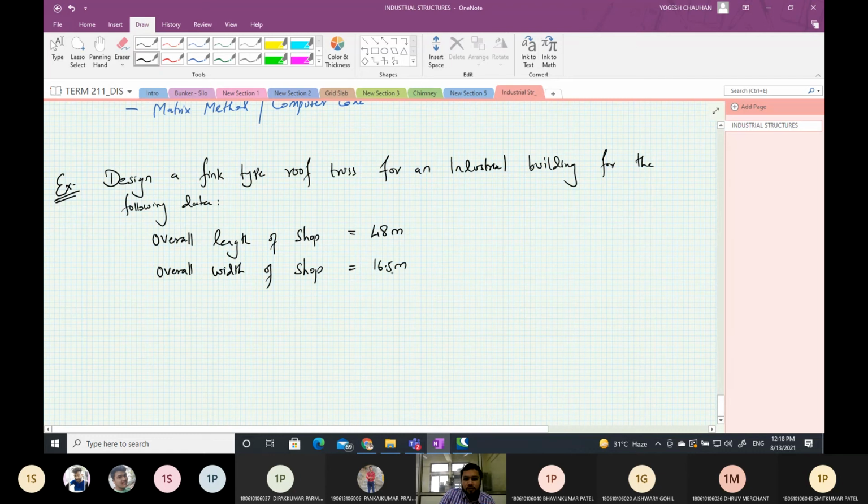So this will be the span of the truss, and width, that is center to center of roof column, it is 16 meter.